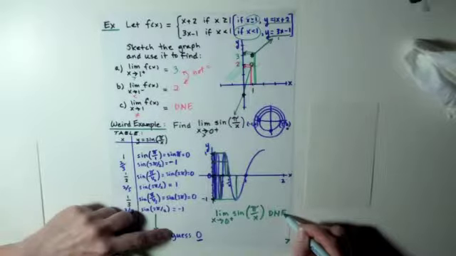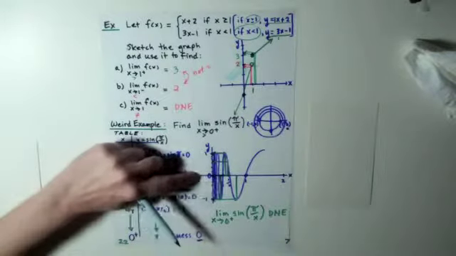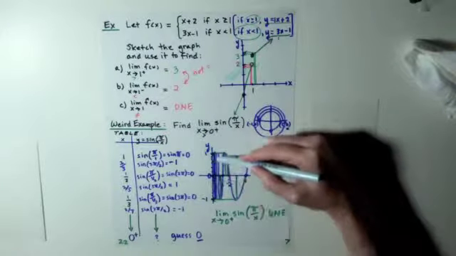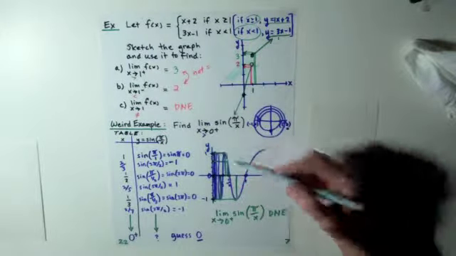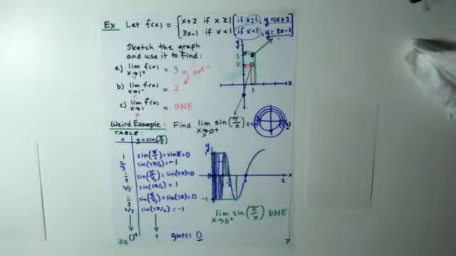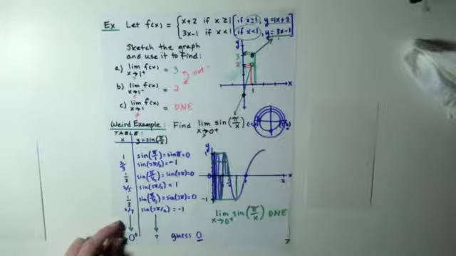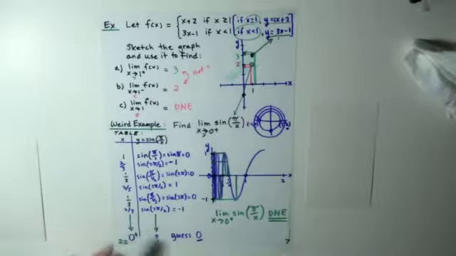The outputs do not collect around one single number on the y-axis. They collect around an infinite number of real numbers, all the numbers between -1 and 1. They really don't collect around any number. They just keep oscillating between those values. And so we would say that the limit does not exist. So that's just a really bizarre example, just to show something that's slightly